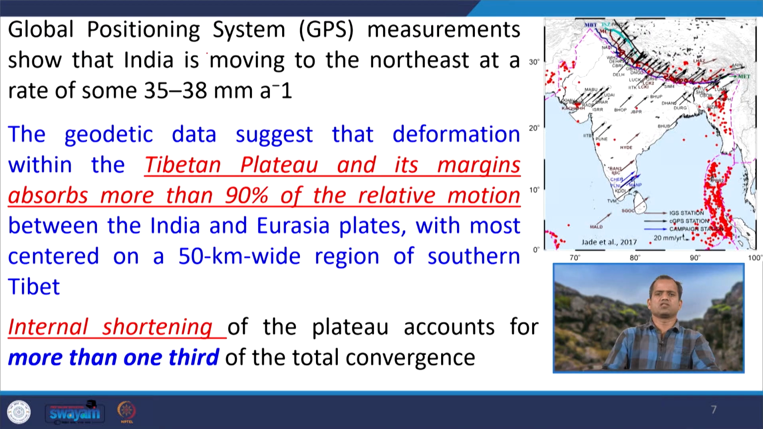So, global positioning system or GPS measurement shows that the India plate is moving northeast at a rate of 35 to 38 millimeter per annum. So, now the question arises, will this around 4 centimeter per year movement change the seismicity? Yes, it can. This is the superficial movement, and this 3.5 or 4 centimeter per annum,